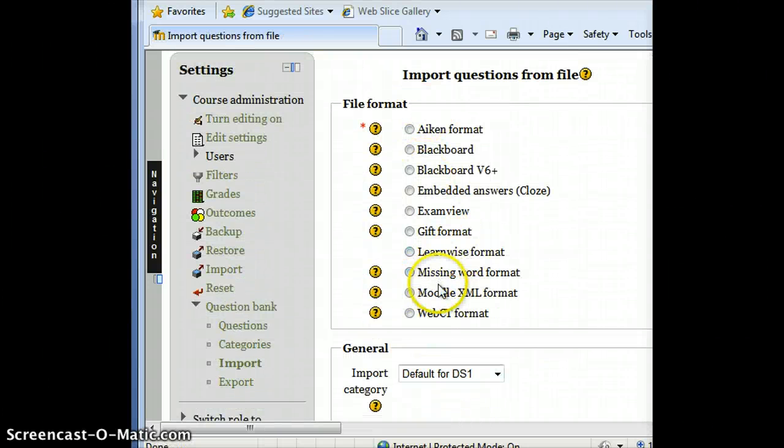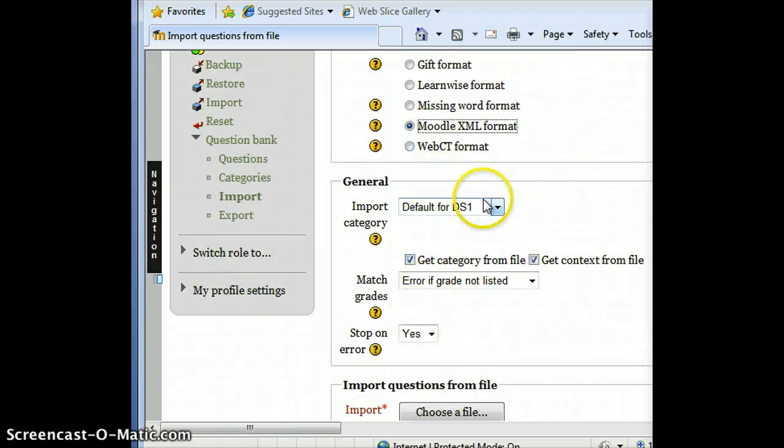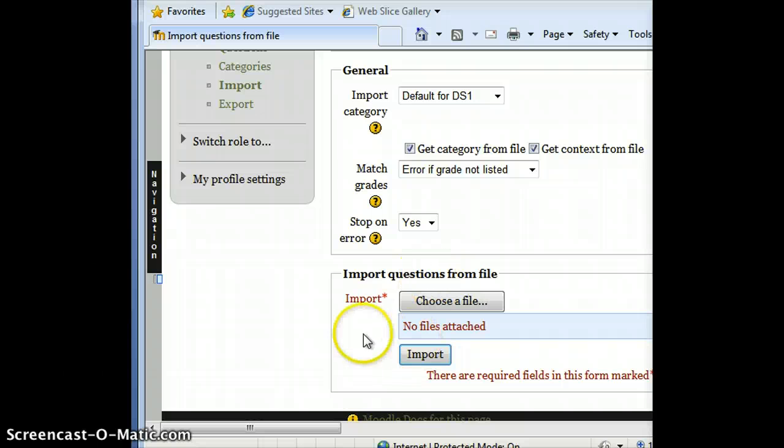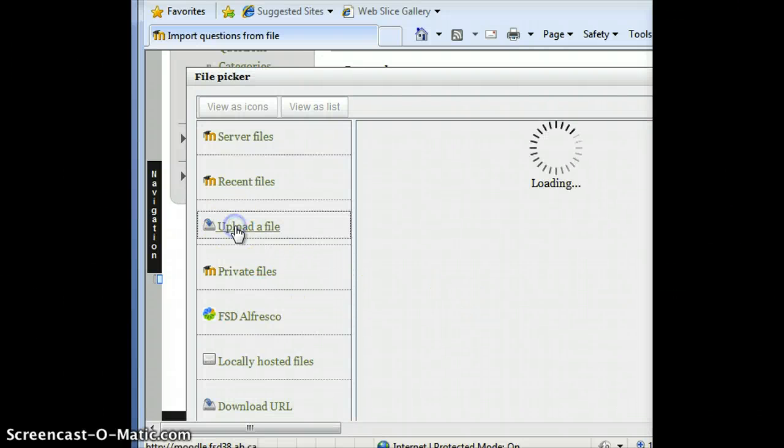We saved this in Moodle XML format. If you remember, we actually did a Word XML was the export format. The category, if you have defined some, you can select those here. Otherwise, you can do that afterwards. And then, where it says import, I'm going to choose a file, upload a file,